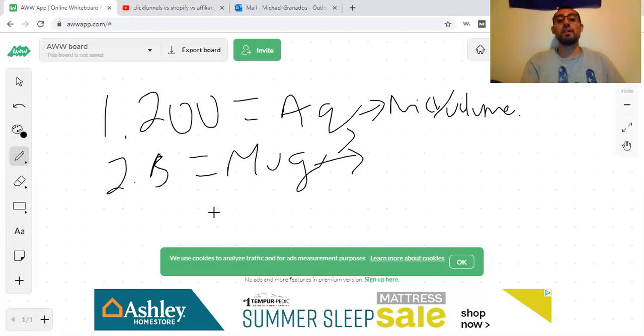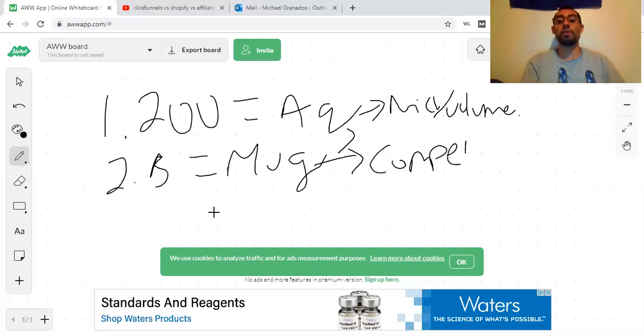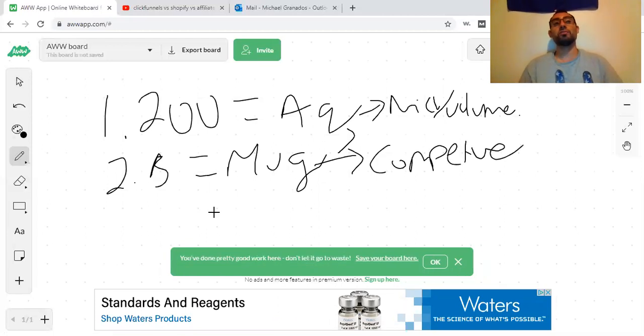With a mug here, there's more people looking for something similar, and it's a low ticket, so people are less hesitant to want to buy, right? They're less resistant. And although it can be somewhat competitive, what a funnel does is it allows you to brand yourself better, and then you have your offer with your bonuses, what really separates you from everything. And it really takes you to another level. And so that's why people psychologically think that the $200 product is better than the $3 product, when in return, you can still sell a lot of these $3 mugs or low ticket products,